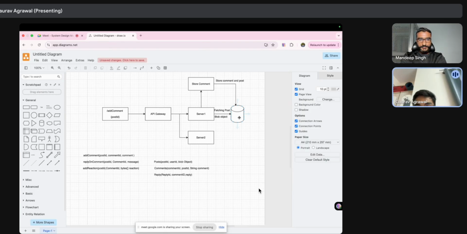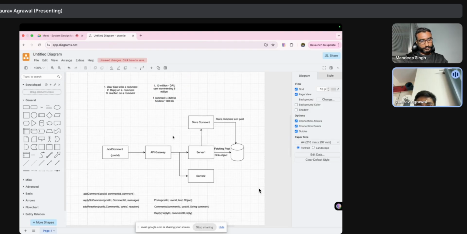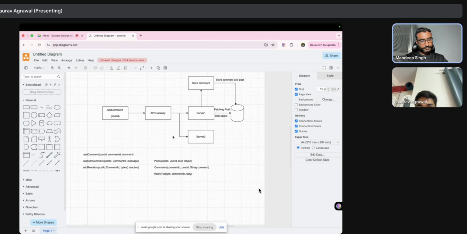So in that case, the master node will only be used for write requests, and for reading we are going to rely on the slaves or the replicas, because in social media platforms, read requests usually happen more than write requests. Let's suppose out of 10 million users that we are considering, only 10% or 20% are going to make a post or a comment. So that way we could think of it.